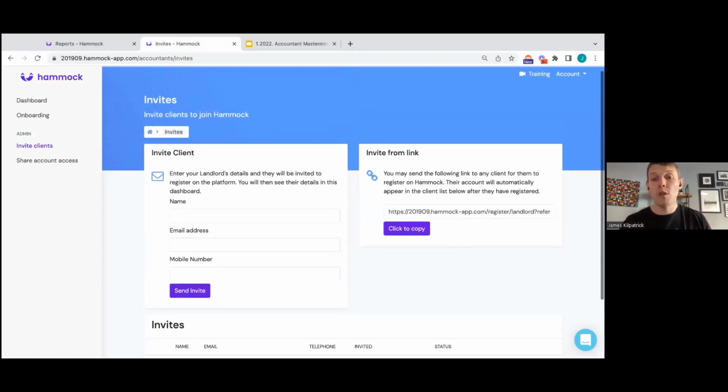But if you're the person who wants to send out the email yourself and tell your landlords about Hammock and get them started, maybe using that email template I just showed you, then you can just copy this link. This link on the right will be the link for your firm. Any landlords who sign up through that automatically take one of your licenses, and then we start the onboarding